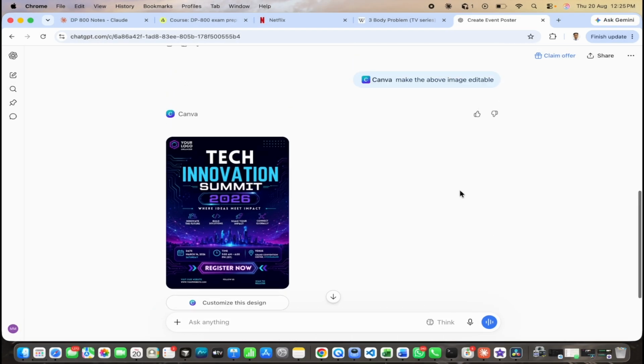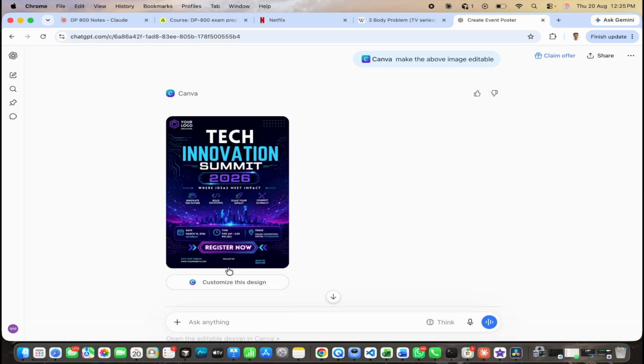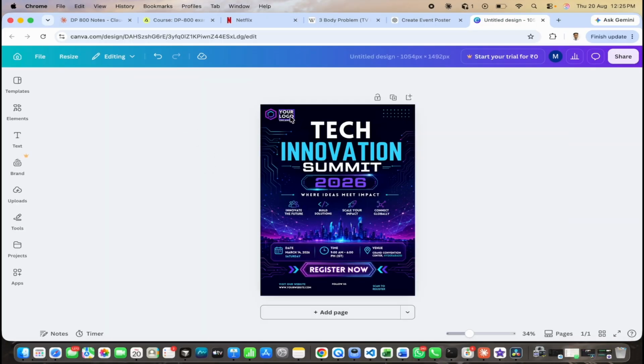So here we go. After we have written this prompt, ChatGPT has created a Canva design. Here is a button that says customize this design. We need to click here. Once we click here, it will open Canva for you. And as you can see here, I can edit all the parts of this event poster. All the date, time, the logo I can change, and everything I can change, and then I can just download